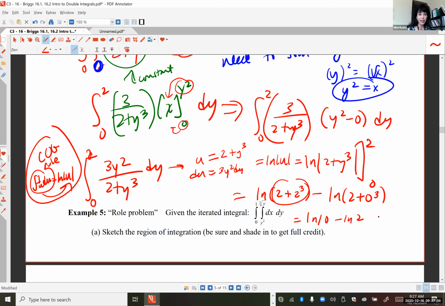And you're pretty much done, but it'd be nice if you went one more step just to be cute, because you can condense these two logs into one log, right? ln of what? ln of 10 divided by 2, or 5, or